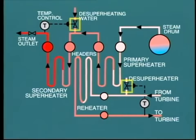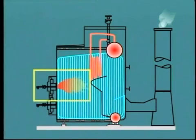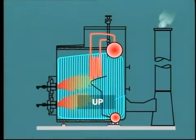If all of the desuperheater water is shut off, what can we do to increase steam temperature? Well, one way of achieving this is by using upper row burners only where load permits. In this case, the combustion gas entering the superheater will be at a higher temperature as less heat is absorbed in the furnace. A variation on this is to have tilting burners. In this case, we can direct the flame down like this or up like this so as to increase superheat